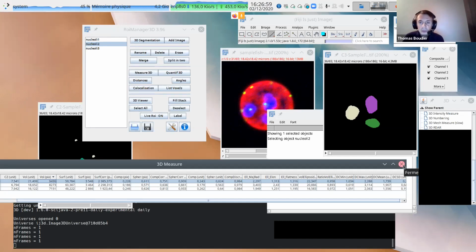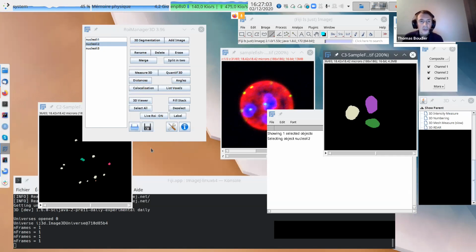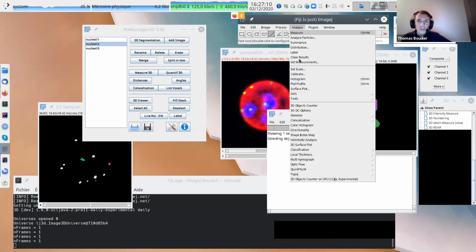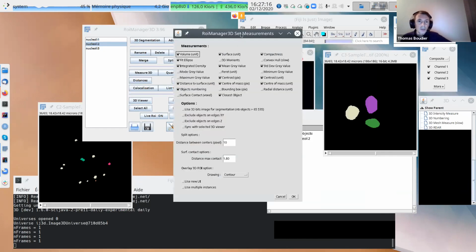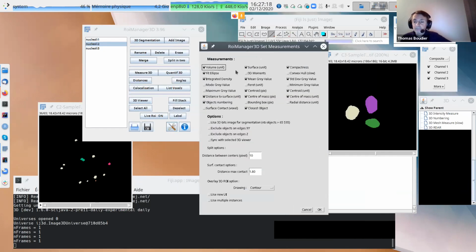So let's say you don't want all this measurement, you can select the measurements you want. It's the same as Analyze, Set Measurements in 2D. Here you have settings, with the measurements you want to do: volume, surface, compactness, fit ellipse, 3D moments, which is a bit more advanced, more for a physician, about the shape after the ellipsoid fitting.